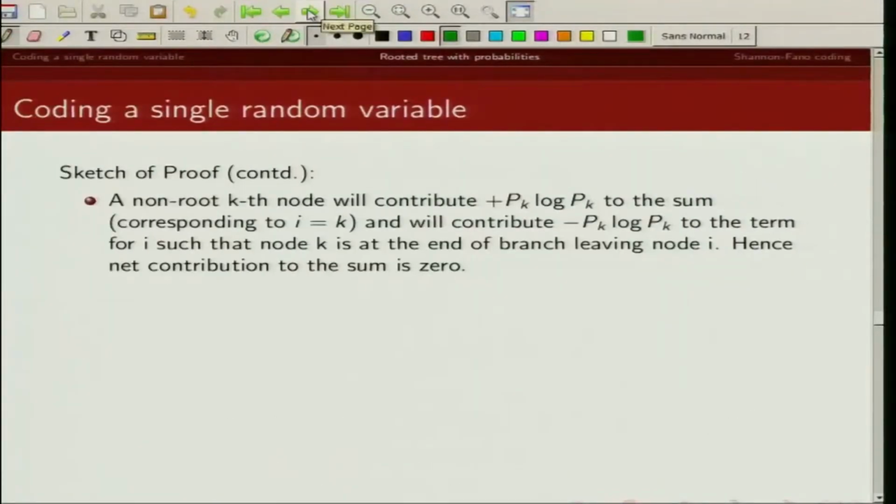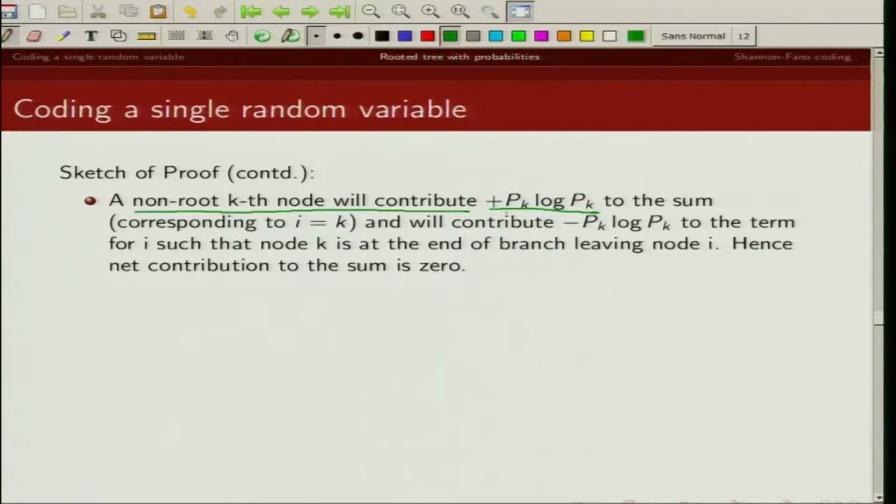If you have a non-root kth node, there will be one contribution due to the probability at the node, which is pk log pk,